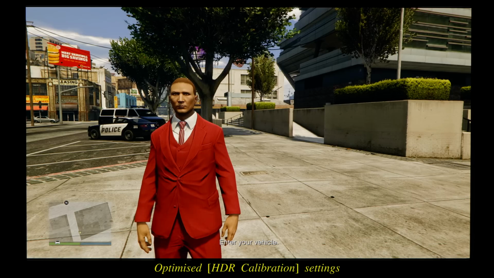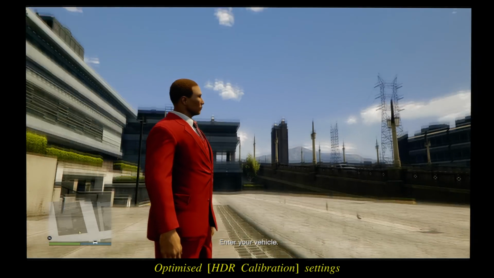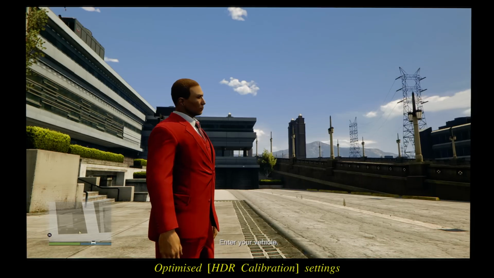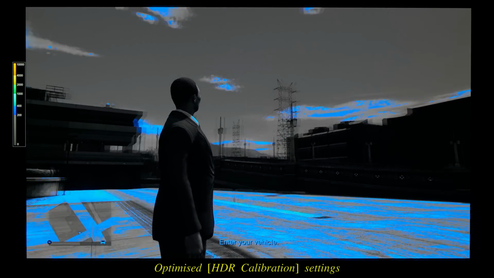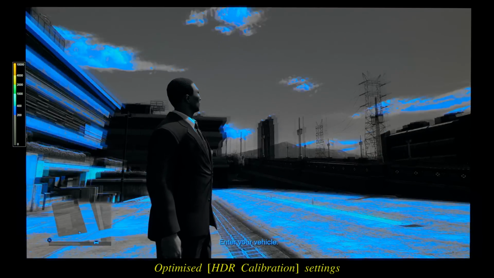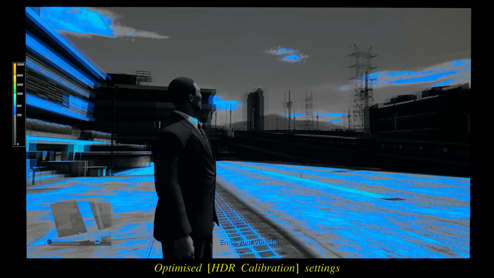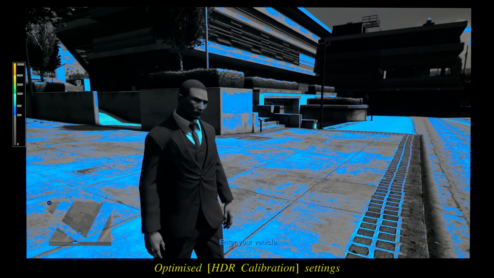Now, this is roughly the same scene after I have adjusted the in-game HDR settings from the default values, and to my eyes, there's more pop and depth to the HDR presentation, with better retention of specular highlight detail if you pay attention to the clouds again. If we turn on the luminance heatmap on the Canon reference monitor, then you can see that the majority of